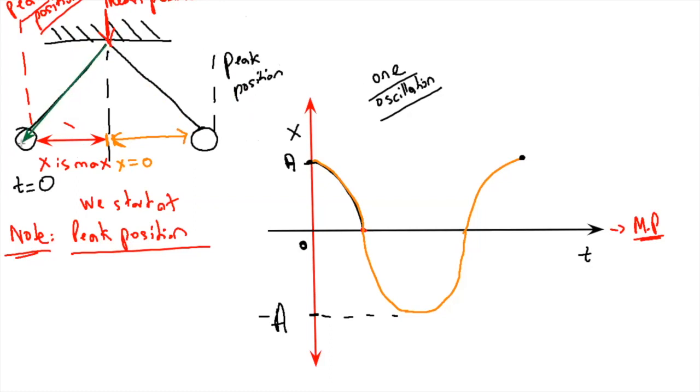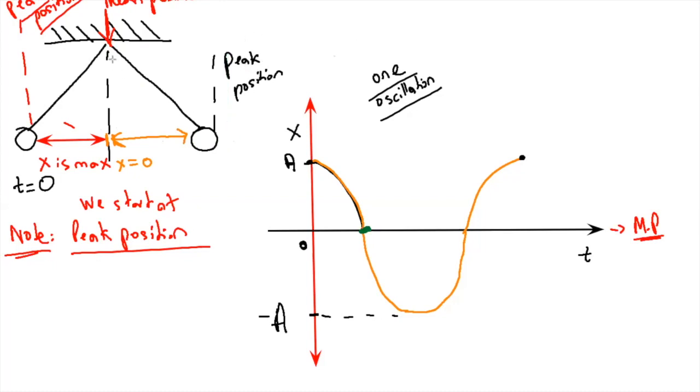Okay, so my pendulum is at the maximum displacement. It is slowly making its way towards the mean position, and I am saying that my displacement is decreasing. Now, in the graph, we have made our way over here. We are at this point right now. Now, we are gonna move,